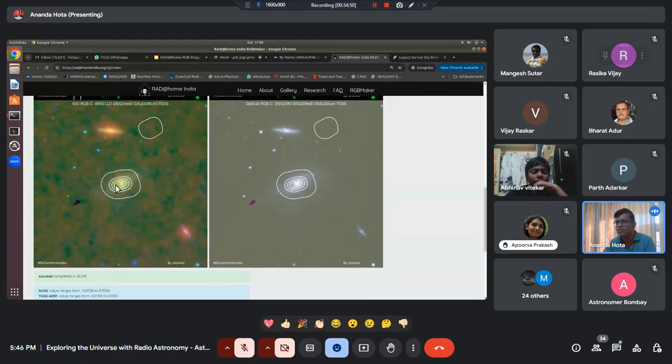For some reason, this galaxy is not forming that amount of stars, although they are roughly at the same distance. So something is happening in that galaxy. Why is it not forming new stars? It is like an elliptical galaxy, not like a spiral galaxy. You can see here it's looking bluish. Okay, let's go back to the slides.